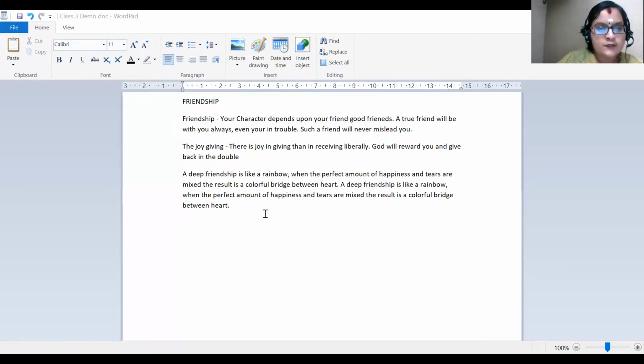So now what I'm going to do is it. Now here you have the word the joy giving. Okay. This paragraph, I wanted to move towards the top, and I wanted to bring this friendship below. So can we see how we are going to move the text? So moving can be done in 2 steps, and we have 2 commands which we need to follow. One, we need to remove it, and then after which we have to paste it.